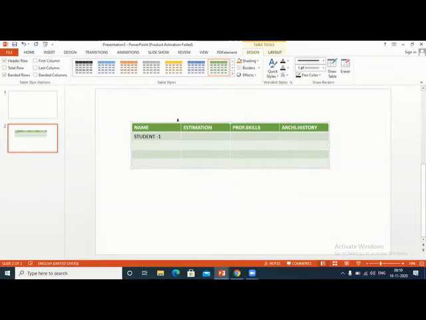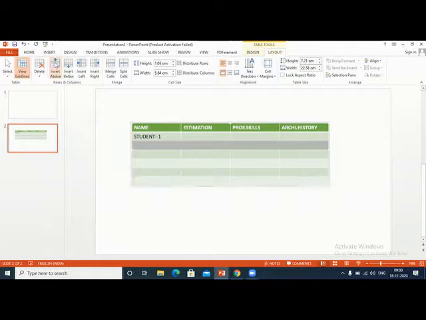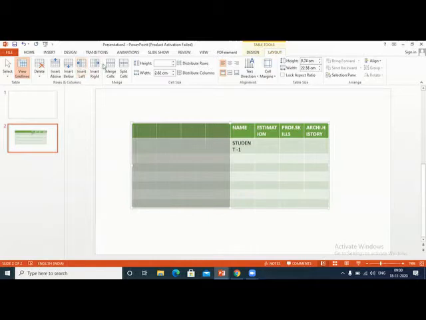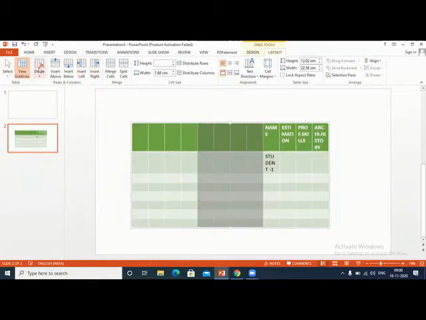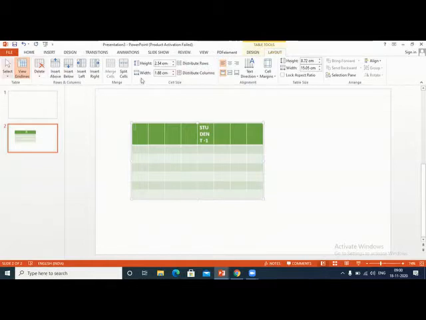In this table, when you click the Layout tab, you can add things. Suppose I selected this row. You can insert above or below. Left, you can insert a column. Right, you can insert a column. Same way you can delete the column, delete rows. So a lot of modification can be made using the layout.